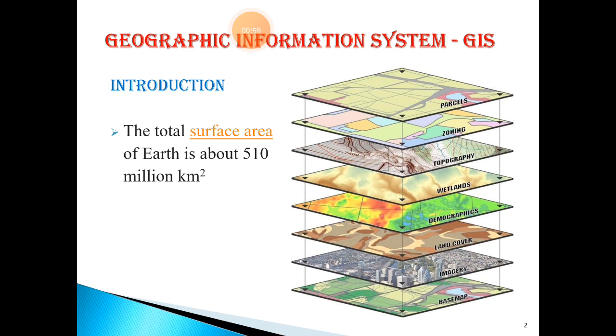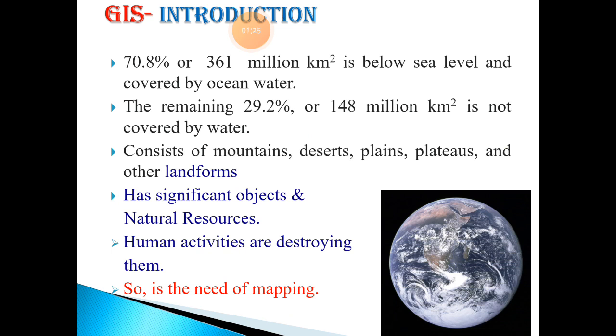As we all know that Earth is one of the superior planets in the solar system. It is the only planet provided with atmosphere and a protective cover of ozone layer. Hence, it supports the sustainability of life on it. The total surface area of the Earth is around 510 million square kilometers, of which 2/3, that is 361 million square kilometers, is covered over by sea and oceanic water. Rest 1/3 of it, that is